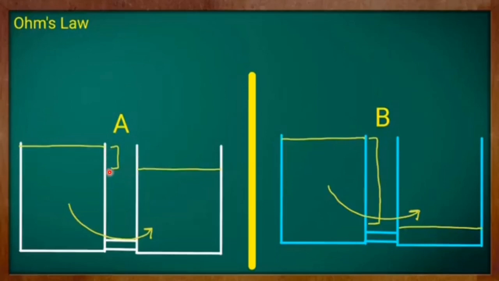When I say the difference created is less in the first condition than in condition B, then what do you think of the amount of water that is flowing from the first container to the second container? What will be the speed of the water when it is moving from the first container to the second container? Can you guess in which condition, whether it is condition A or condition B, the water flow will be speeded up? In which condition is the speed of the water more while it is moving from the first container to the second container? Yes, I think most of you have already guessed.